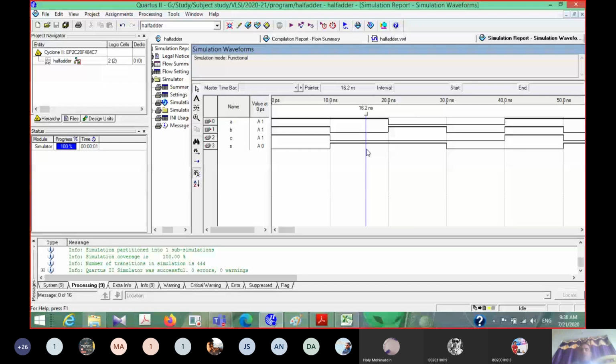Again the XOR output is 1 and the AND output is 0, so sum is 1 and carry is 0. For the combination where both inputs are 1 and 1, the AND of A and B gives carry equal to 1, and the XOR is 0, so sum is equal to 0.